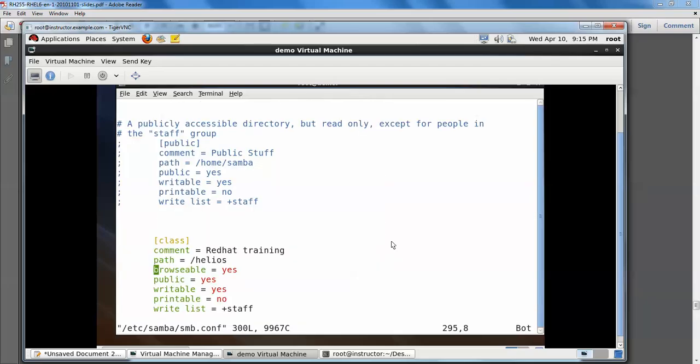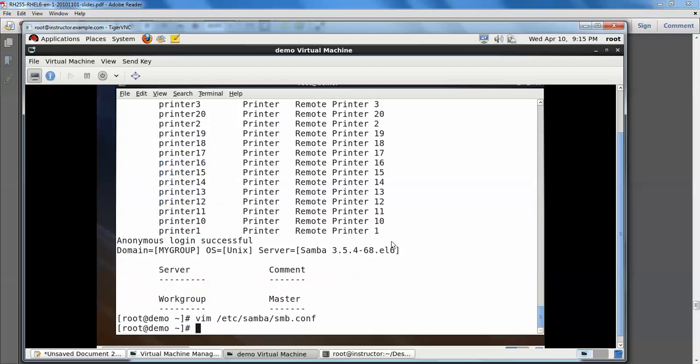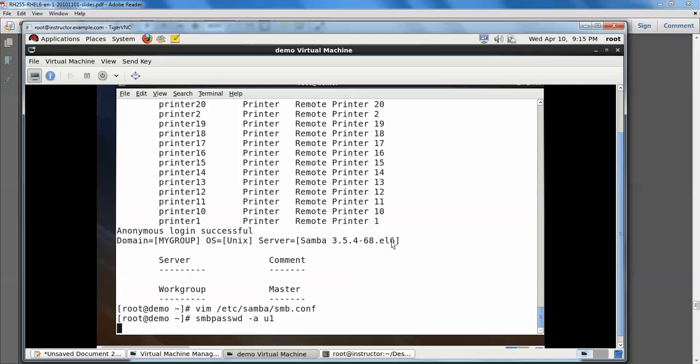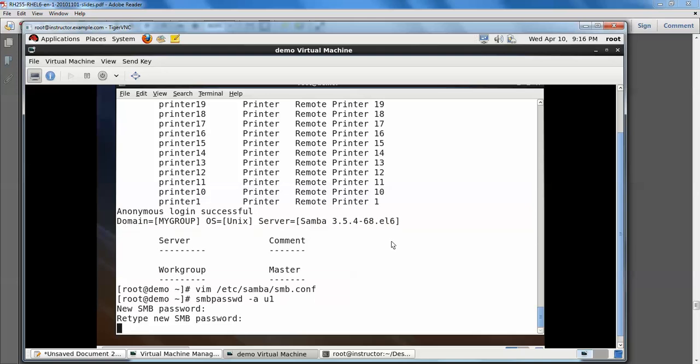There, public equal to no, and valid users u1, and then save and exit. smbpasswd -a u1. Provide the password red hat. The password has been added.